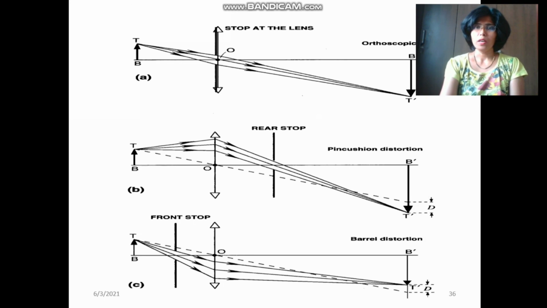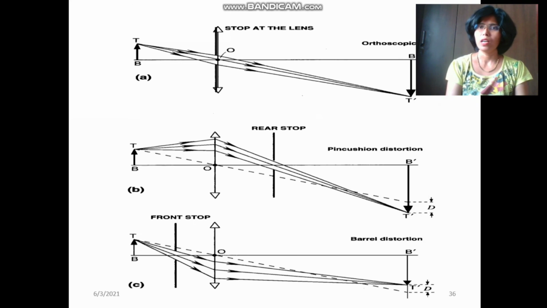So I hope you understand these different types of aberrations. Up till now we have studied spherical aberration, coma, then curvature of field, distortion, etc. And we have also seen the different methods to reduce these different types of aberration. So in the next lecture, we will study the types of chromatic aberration. Up till now we have seen the monochromatic aberration and its types. Henceforth, we will study the chromatic aberration.